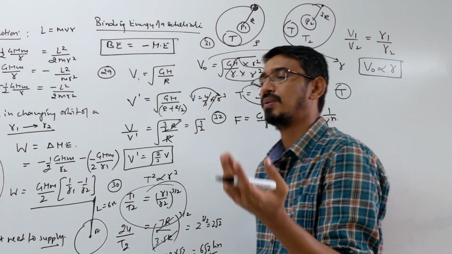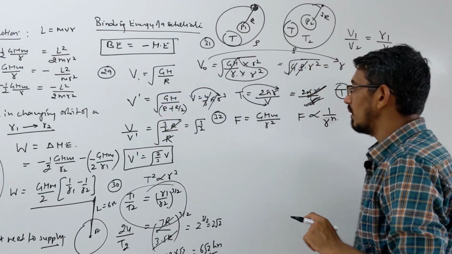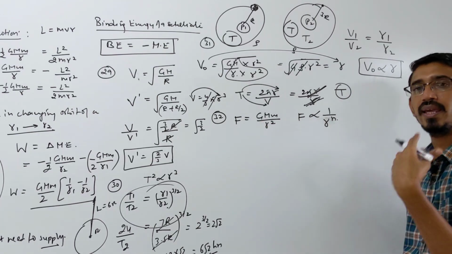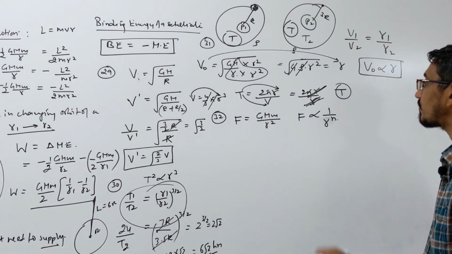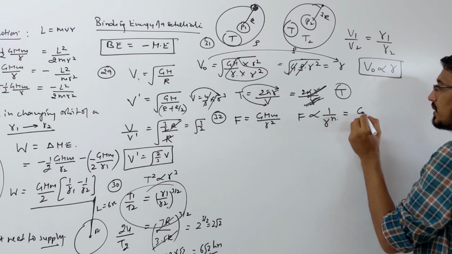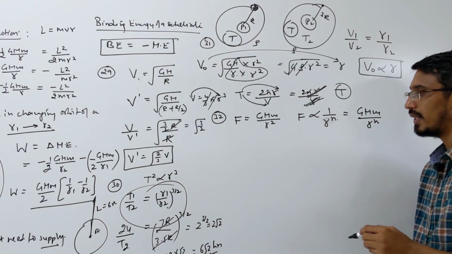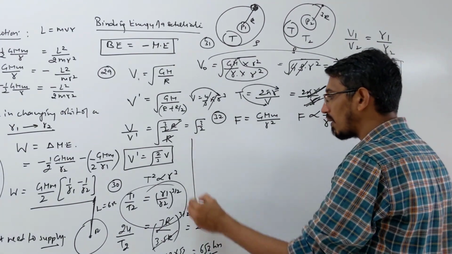Sometimes they will say r power 3, r power 4, r power 5. They can give any number. So this is simple: given that force varies this way, how will the time, velocity and energy vary? These questions they will ask you. This is a force relation, meaning force will be G m upon r power n. Now, how will the velocity vary? Let's calculate the orbital velocity.